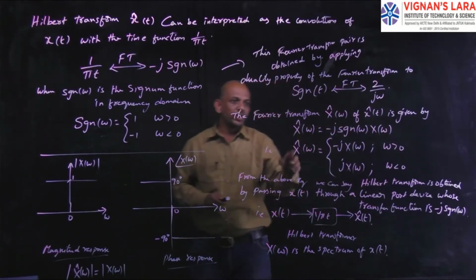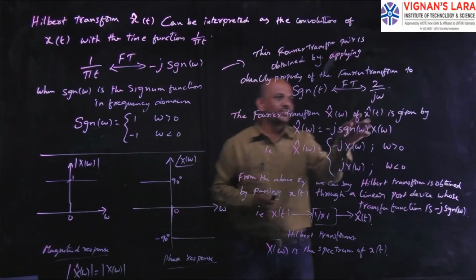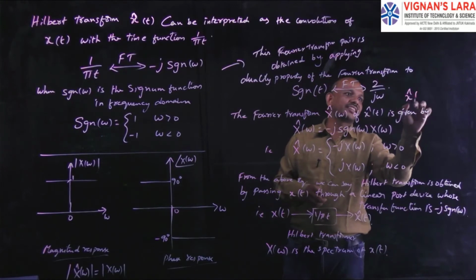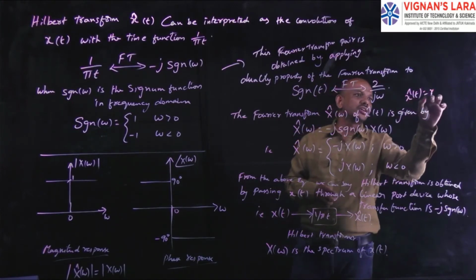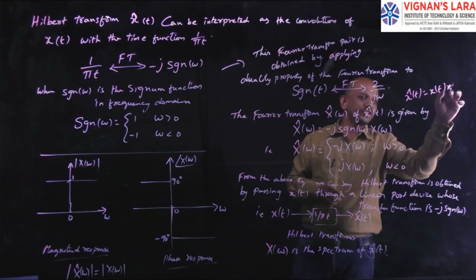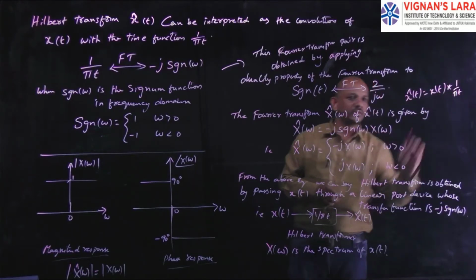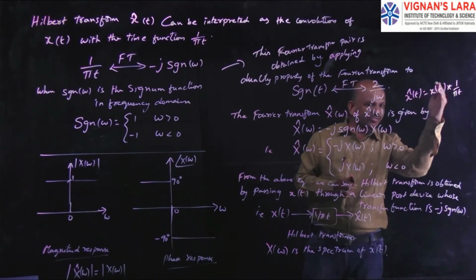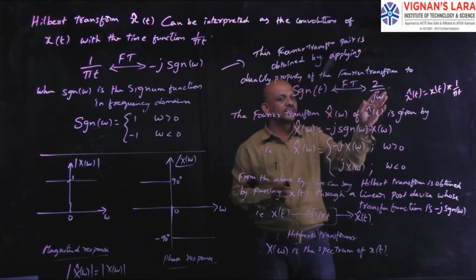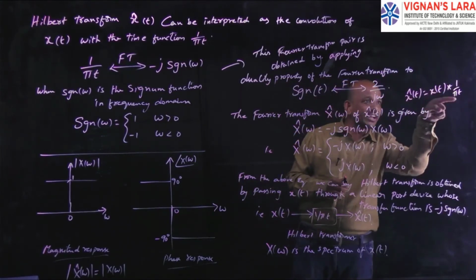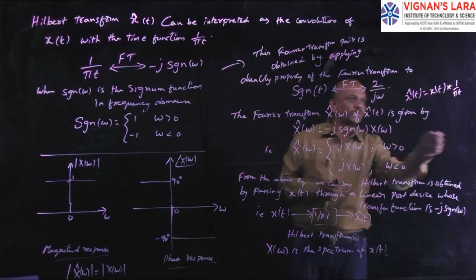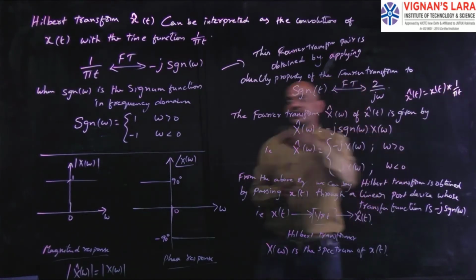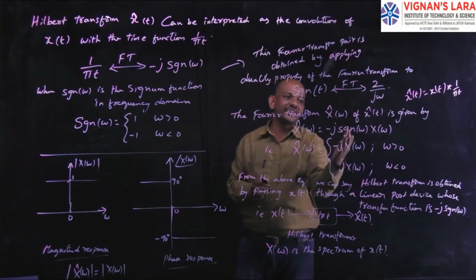So we are going to the frequency domain, hence we get this. We all know what the Hilbert transform is. So here x cap of t is nothing but x of t convolved with 1 by pi t. This is in time domain, where we are going for the convolution. Now this will be transformed to frequency domain, then what happens? We will get the multiplication of the Fourier transforms. So for x of t, the Fourier transform is X of omega. For 1 by pi t, the Fourier transform is minus j sgn of omega.